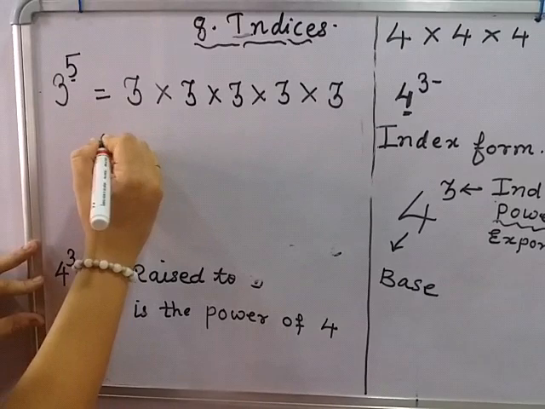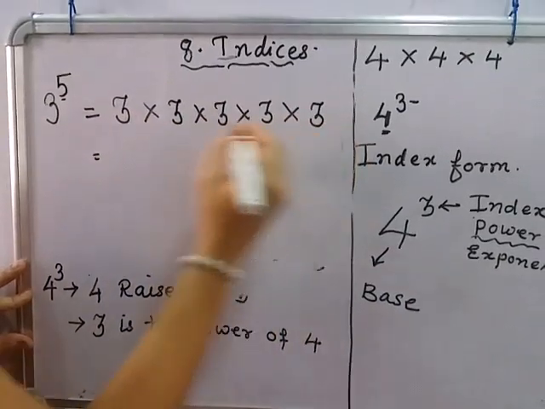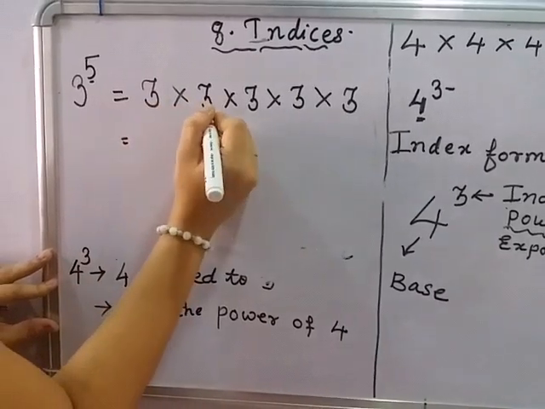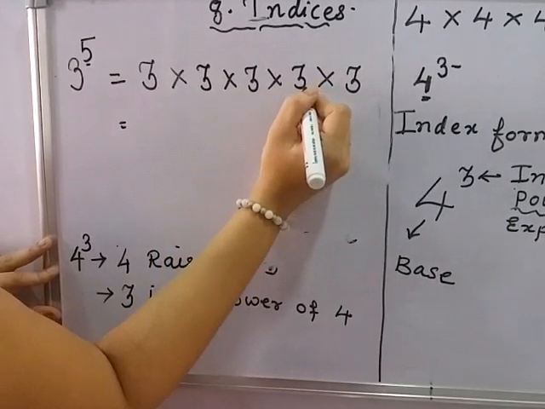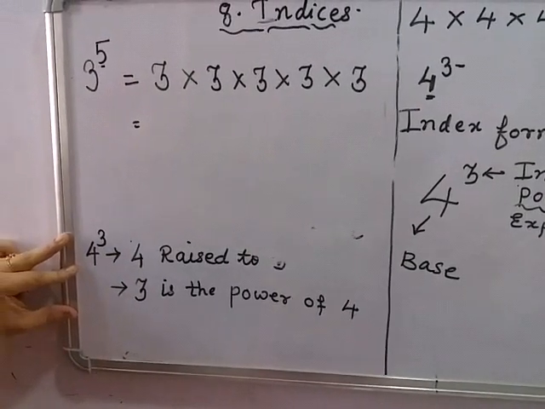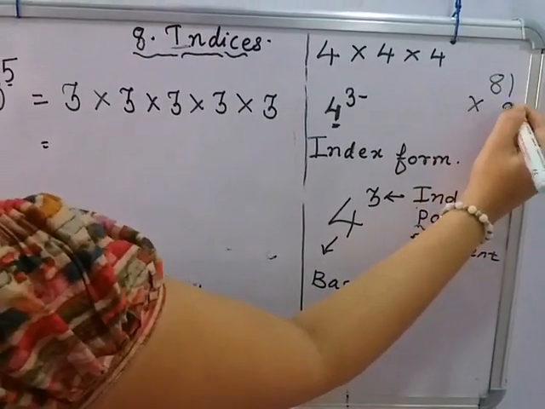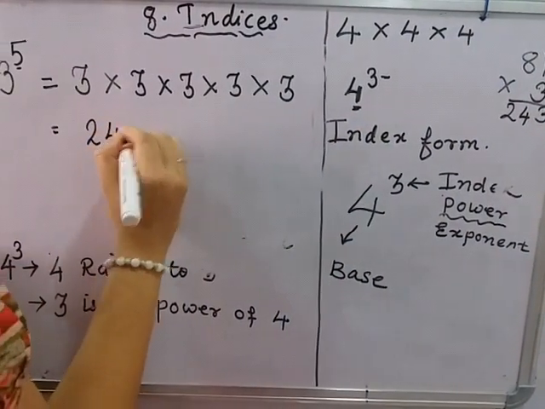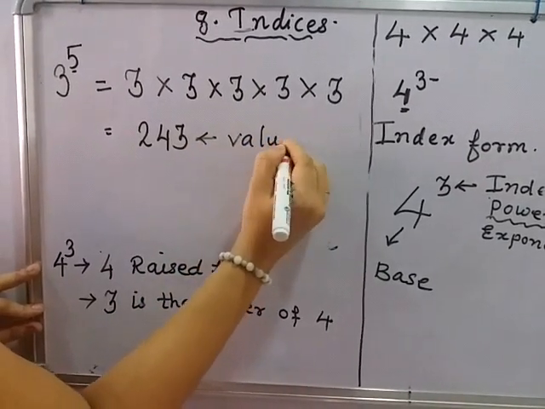Okay. Now they will ask the question, find out the value of this. So when it is asked to find the value, it means we have to multiply all these 3s. So let's multiply and find the answer. Okay, so how to find the answer? 3 3s are 9. 9 3s are 27. 27 3s are, yes, 81. And now the last remaining: 81 3s are. Student, if you are not comfortable with oral multiplication, you better do it in rough, but avoid mistakes. So you will get the answer 3, 8 3s are 24. So what is the answer I got finally? 243. I hope you understand. So this 243 is called the value.